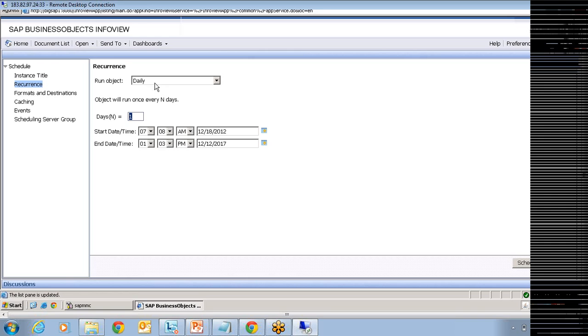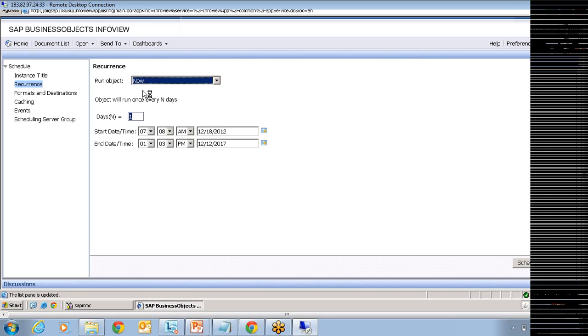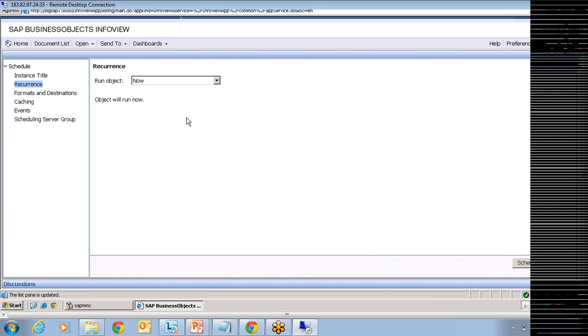So that is a recurrence job. You can do daily, you can execute weekly, monthly, after a number of days, all these different options that you have for your calendar. I'll show you as of now only once by scheduling it. But once you add that schedule and all other options, from there onwards it's going to be automatic.